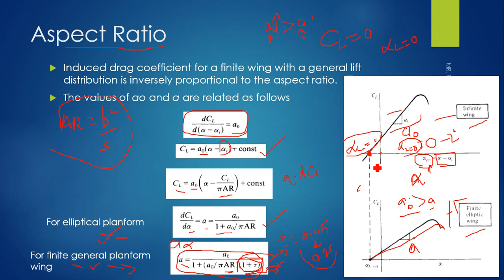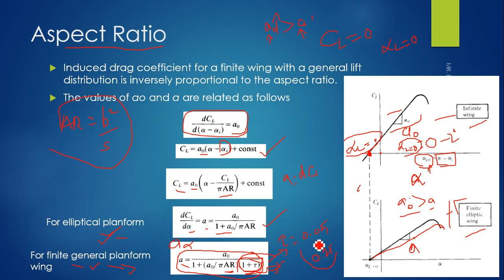If there is no lift, then the whole wing will behave like an airfoil only. We can think that it is a form of an airfoil only. So automatically, without any lift, that particular airfoil has the same zero lift angle of attack. Do you get my point? Yes, sir, I got it. Fine, that's what we are concluding here.